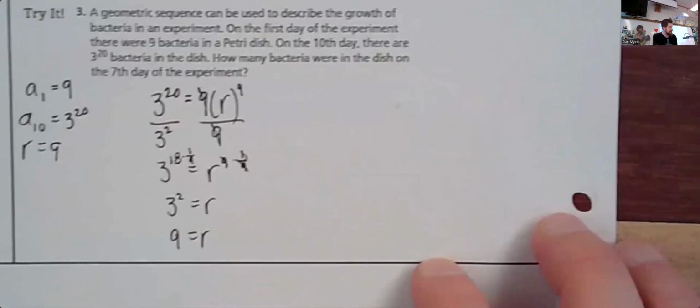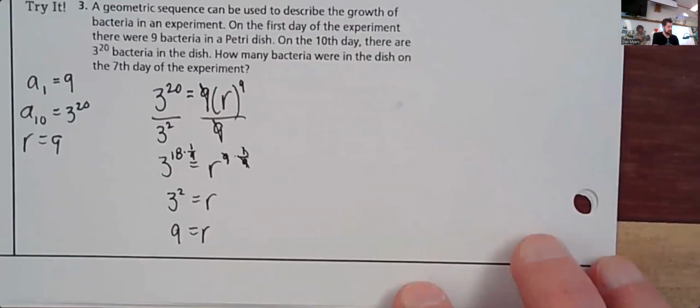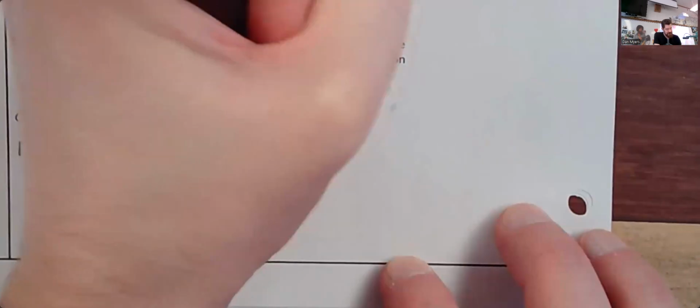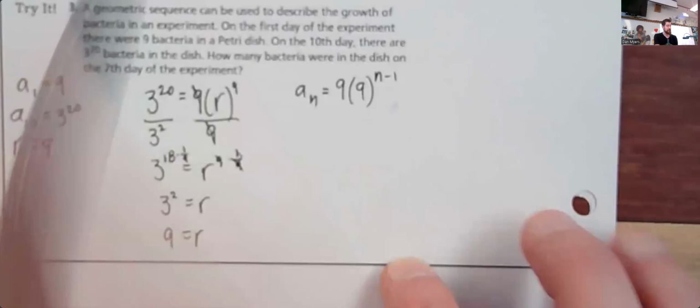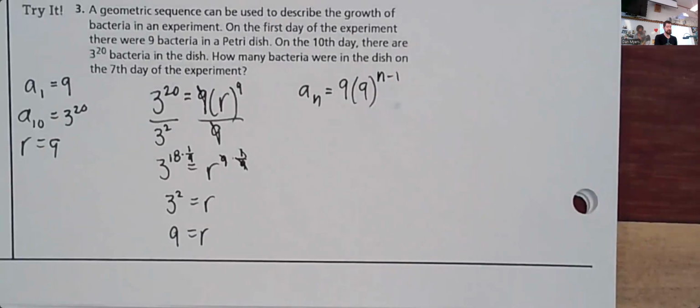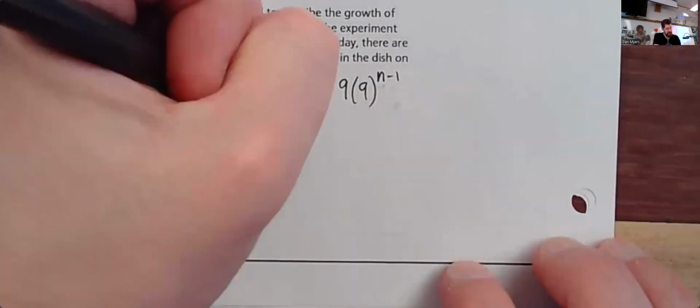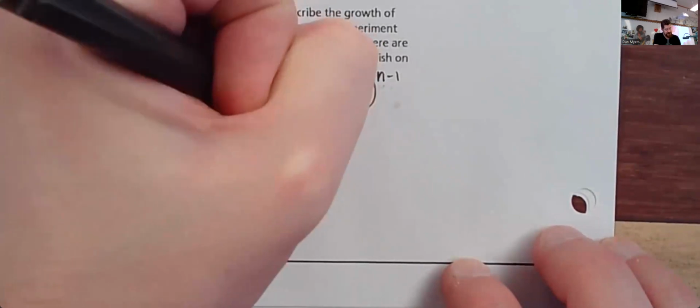which means we have an explicit definition that can be written as a sub n equals the first term, which is 9, times r, which is 9 to the n minus 1. So how many bacteria were in the dish on the 7th day? So what exponent are we going to have over here if we're on day 7? 6. We've got a sub 6 equals